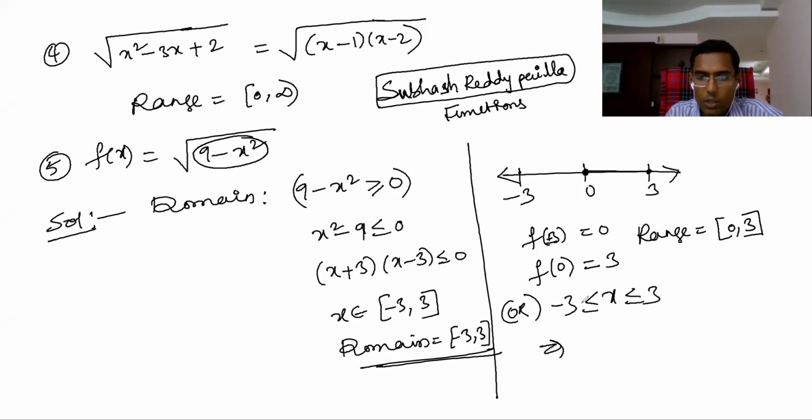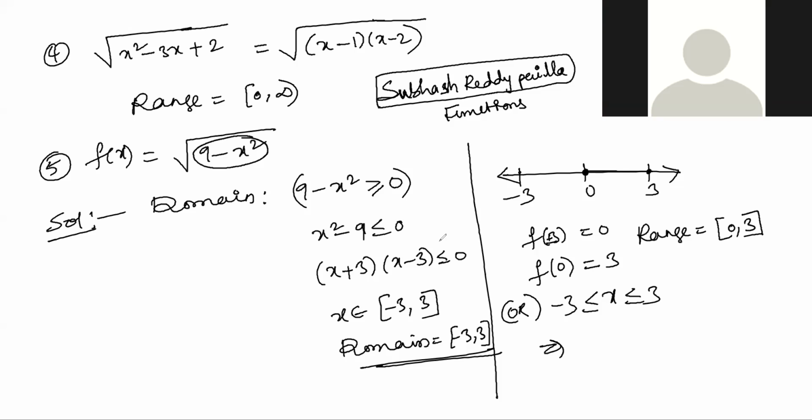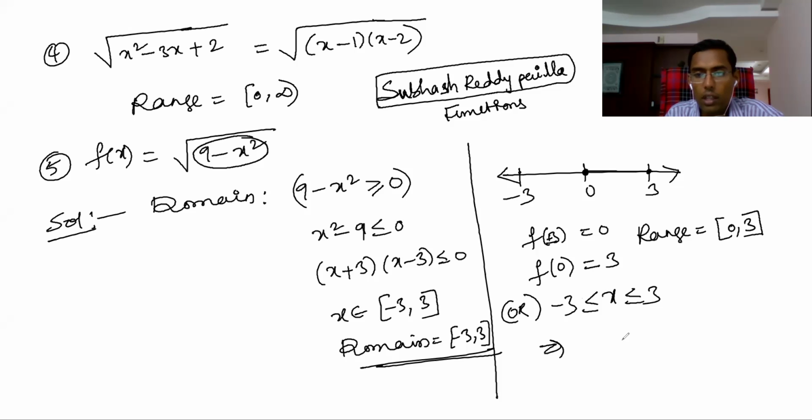Okay, then x lies between minus 3 and 3, we know x value. Now we have to find out f of x value. Then x square lies between 0 and 9, because x square cannot be negative. When you square, the maximum you get is 3 square, 9. Minimum you get is 0 only. So what I want is 9 minus x square. So I have to put minus x square. If I put 0 greater than or equal to minus x square greater than or equal to minus 9.